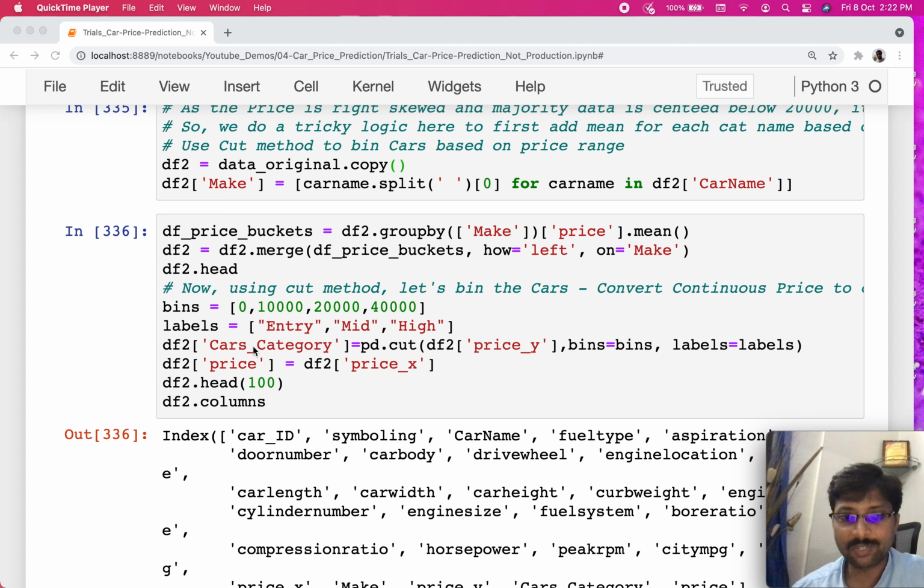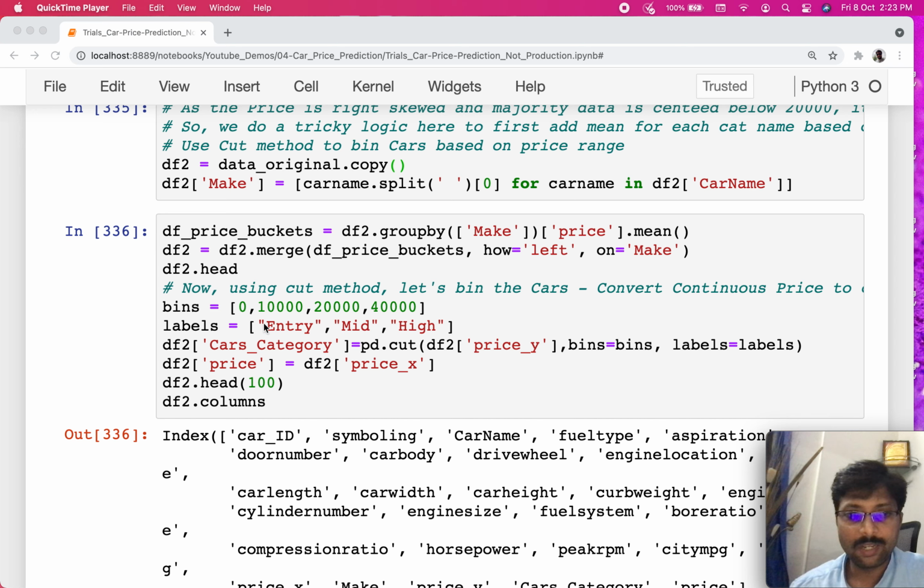So that's cars category. At the end of the day, we are now creating a new car category based on the price ranges, right? That's why this particular piece of code is a little bit tricky, but it has a lot of concepts and some advanced operations of data frames. I hope you find this useful, but maybe we can do more videos in future to review them much more closely.